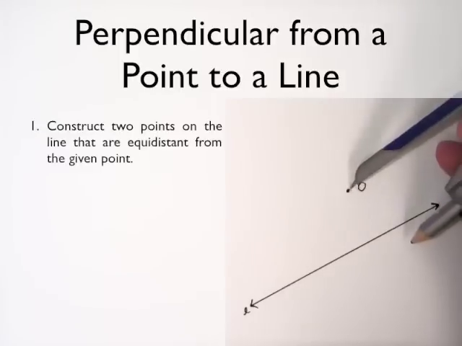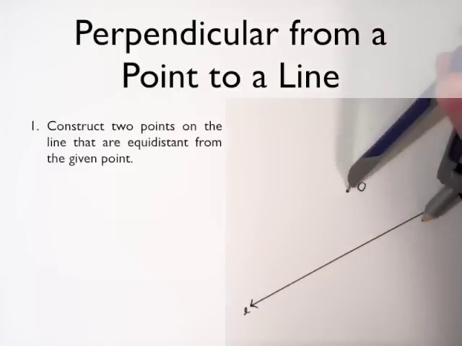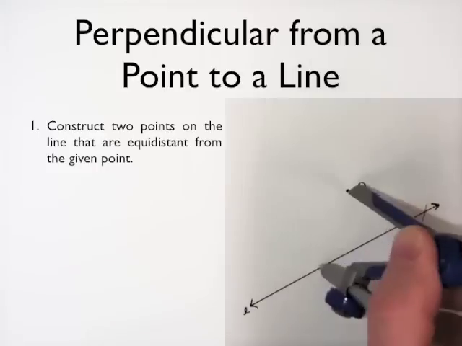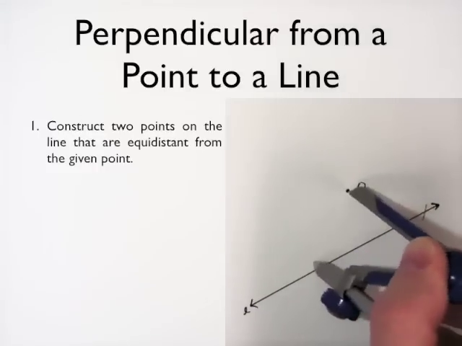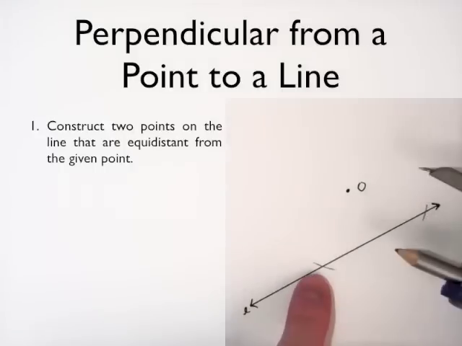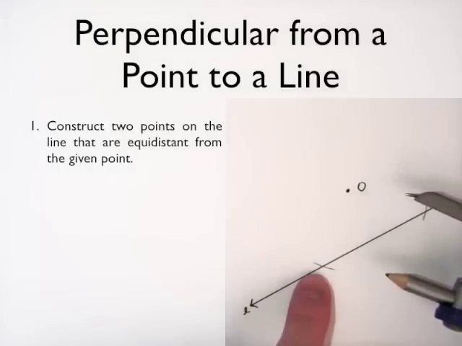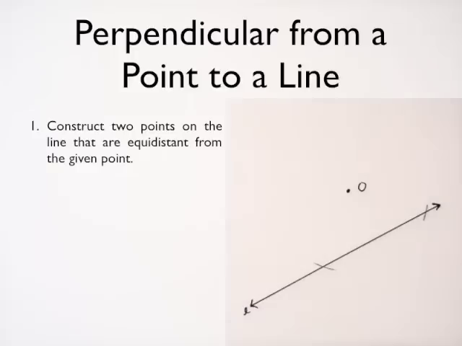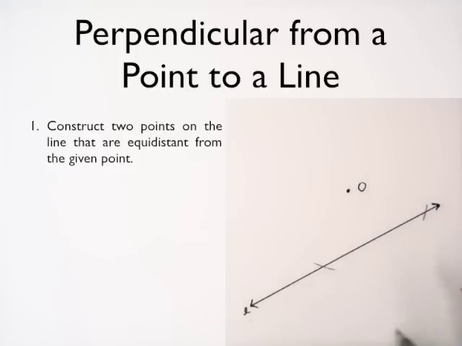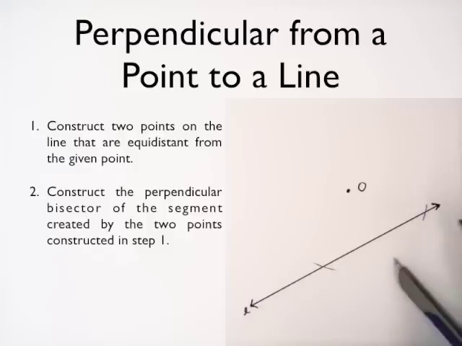First of all, we need to create a segment because we know how to find the perpendicular bisector of a segment. And so I have selected 2 points on the line using my compass set at a single setting. Now we don't know the midpoint of this segment, but we do know that O has to be on this perpendicular bisector. So all that we need to do is find another point in this area that is on that